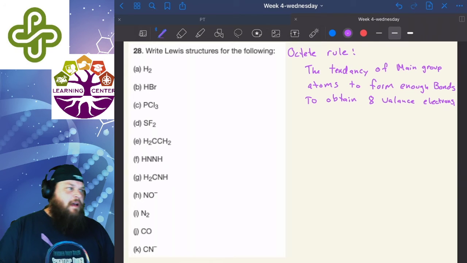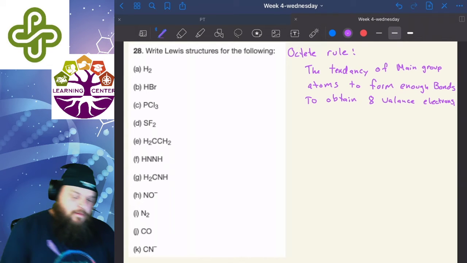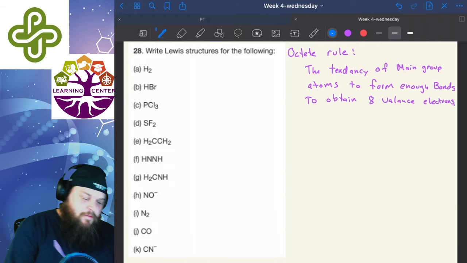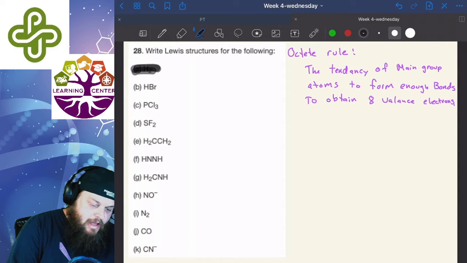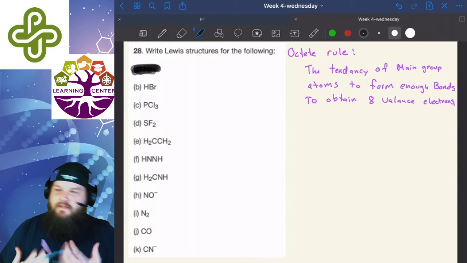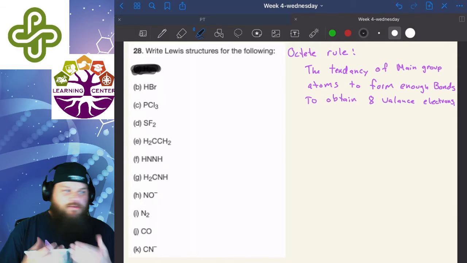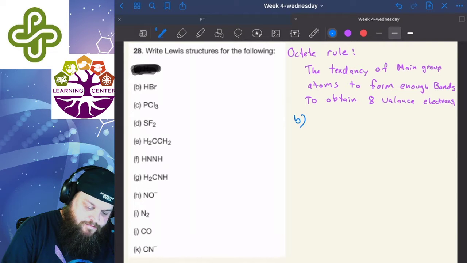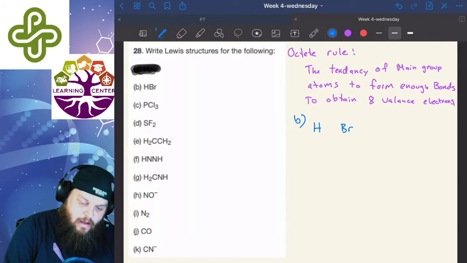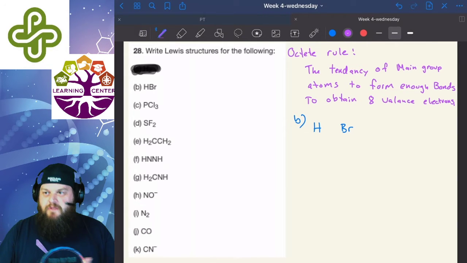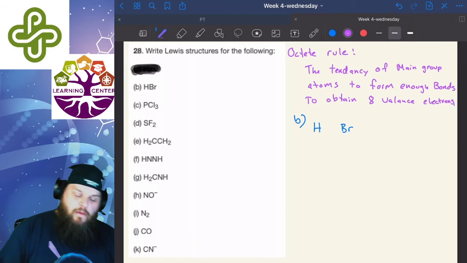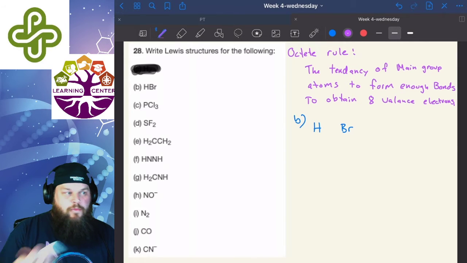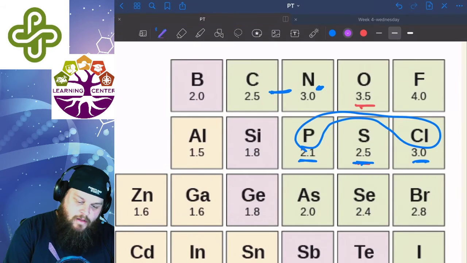So we can try that out now on a few of these. I'm going to skip around a little bit. H2 is pretty simple. It's not going to have that octet rule because you usually just have one electron between each of them. But with part B, how I like to do it is I draw them out, H and Br, and then I figure out how many valence electrons I'm working with here. How many total do I want to have? And looking at bromine,